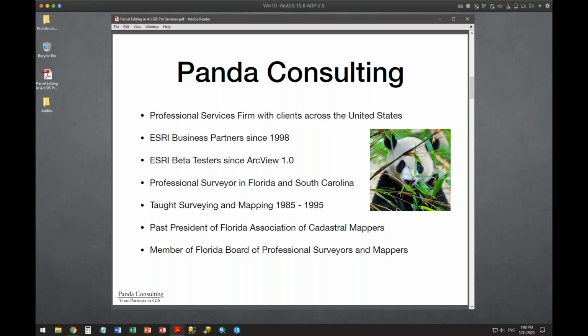I'm a geospatial technician for Panda Consulting. I've been working with Panda for a little over 2.5 years, almost 3 years now. My background prior to Panda has been philosophy, film, and technology. Entering Panda in 2017, besides all the knowledge I already had from growing up with Frank as my father, I had a lot to learn about GIS. I've spent the last 3 years studying under Frank and under Brian at Panda, absorbing as much as I possibly can about this world.